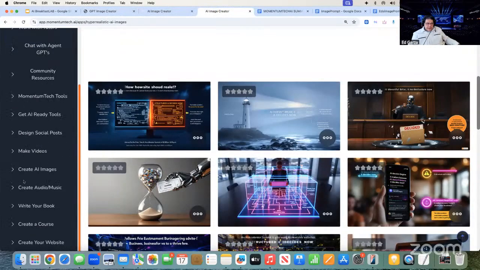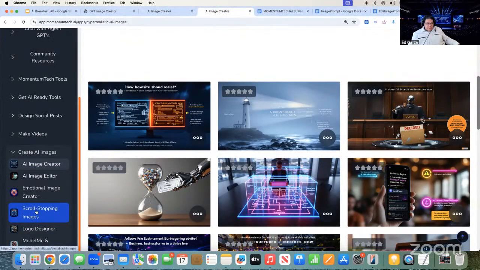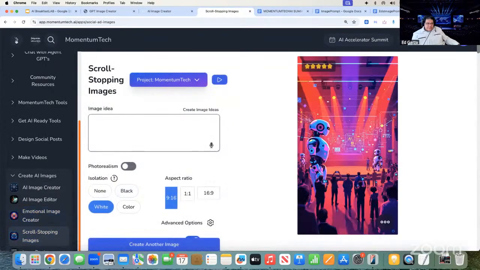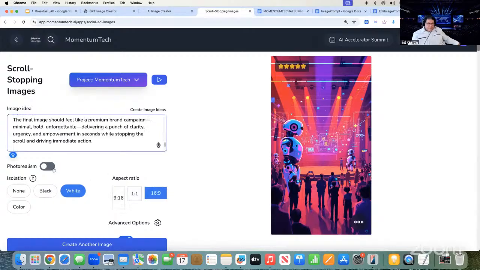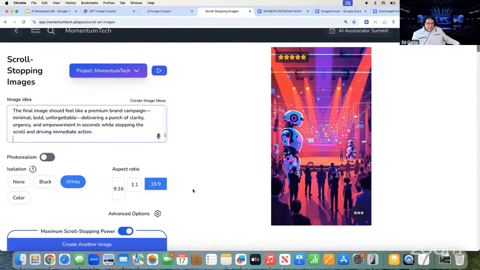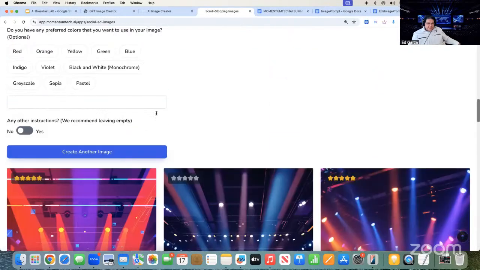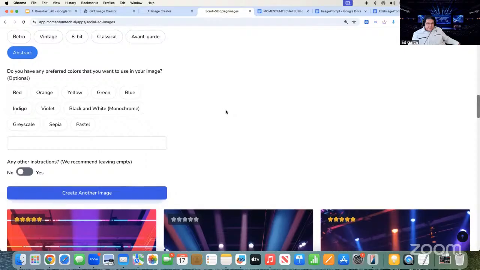Okay, and let's go to AI image tools. Let's go to scroll stopping images, a different one. Okay, and let's do 16:9. Let's put our entire prompt that we just used there. And we're just going to say white, and there's a lot of scroll stopping elements to this. Let's just create an image.